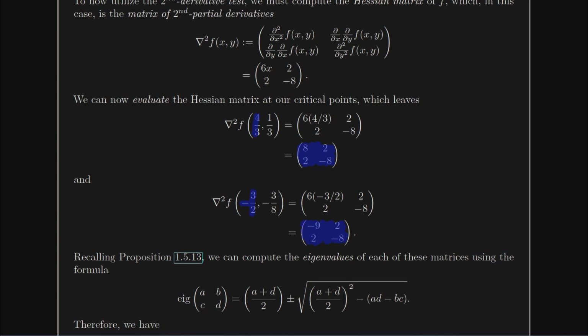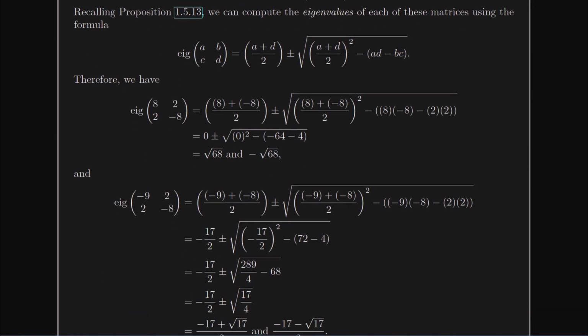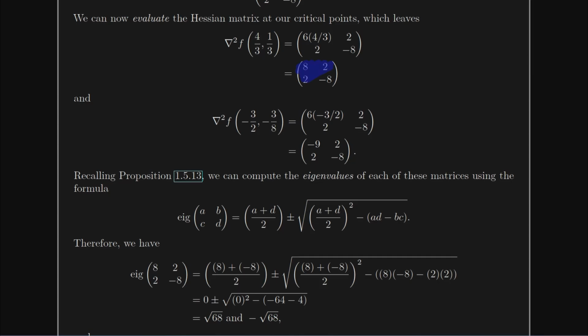when x is -3/2. Let's recall all the way back from our eigenvalues, eigenvectors section. We had a proposition which told us what the eigenvalues of a 2 by 2 matrix were. It says the eigenvalues of the matrix A, B, C, and D are given by (a plus d)/2 plus or minus the square root of ((a plus d)/2) squared minus the determinant, which is AD minus BC. So I just go ahead and directly plug those in. So if I directly plug in A, B, C, D from my first Hessian, I get the eigenvalues root 68 and negative root 68, which differ in sign, right? The most important part here is we know which are positive and negative. So the second derivative test is saying since these are positive and negative, that I have a saddle point in